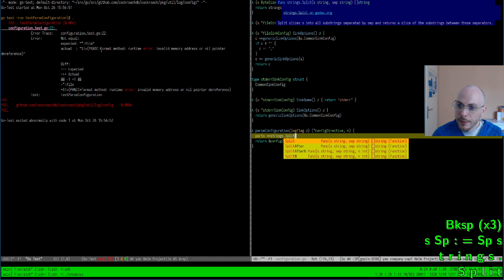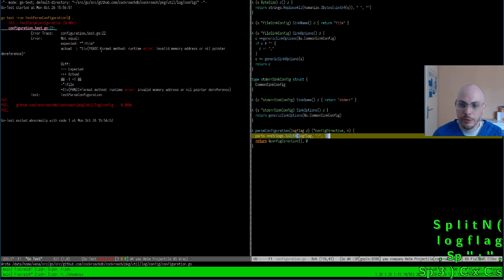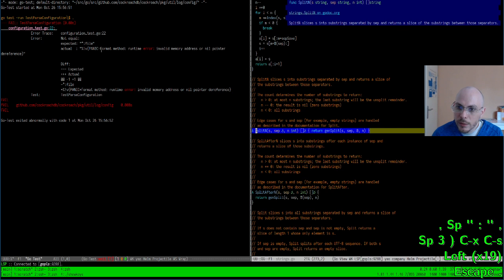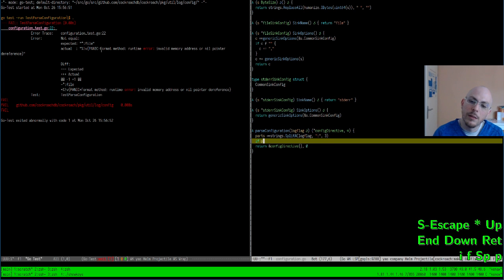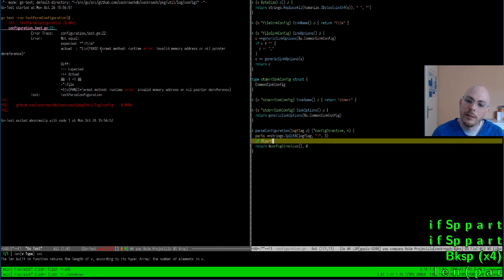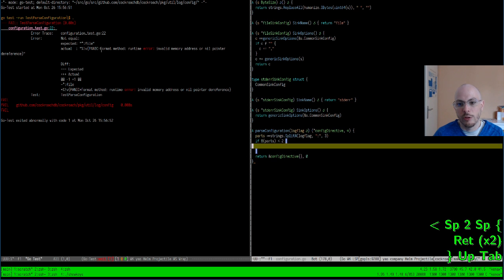Split n. And I want three parts. I think that's the way it works. And most n substrings. Yes, thank you. I need to have at least two parts. The last part is optional. So if the length of the parts is lower than 2,